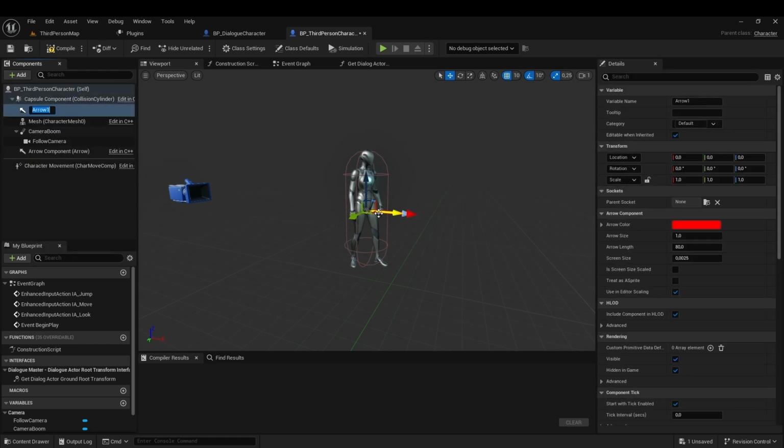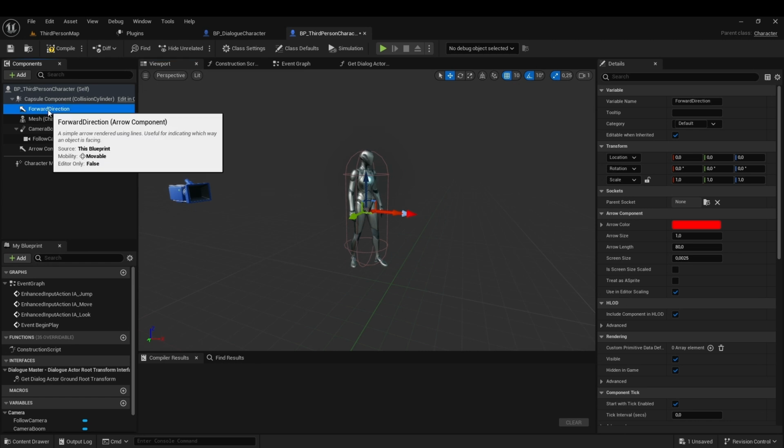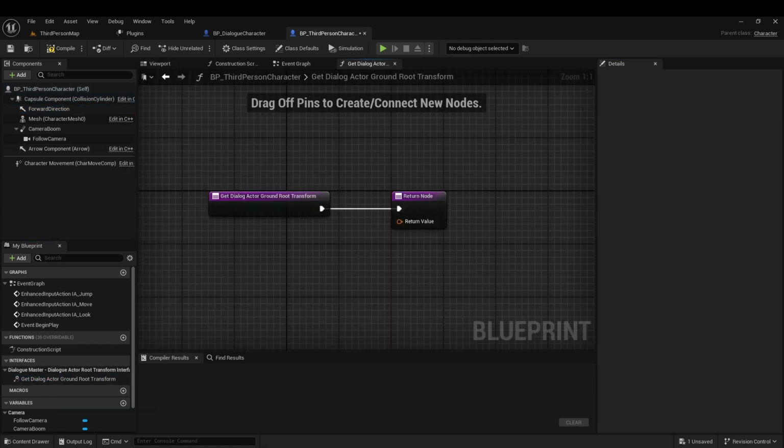And as you can see, the current root of the character is positioned here, so that's why the camera offset is not good. So we will name it forward direction. Now we will place it correctly. So an offset of -88 will be good. That's what we did for the mesh. And the direction is already good, so we have nothing to do with the rotation. Come back to this method,